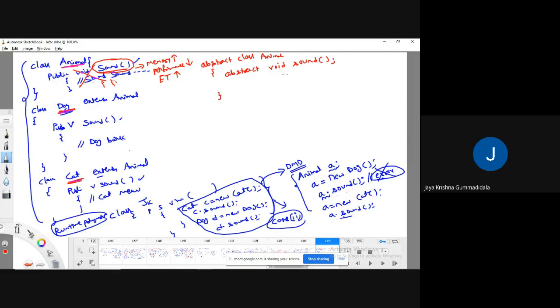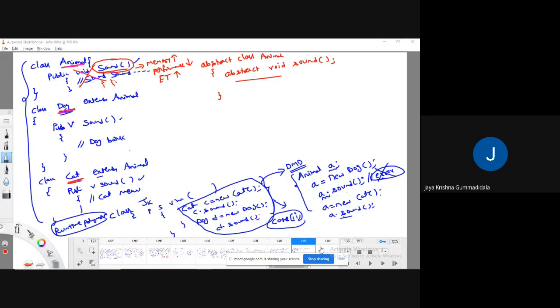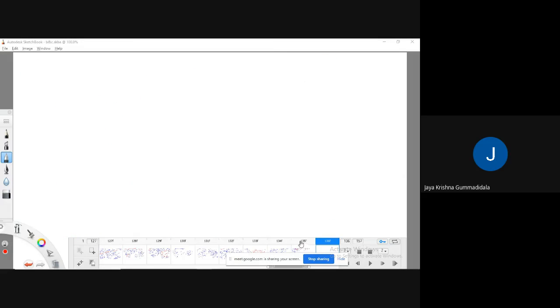Okay, so I hope you understood everything. What is the need of abstract classes? Now let's see one by one. First, what is an abstract method? Then we'll go for abstract classes. So the need of abstract classes is clear up to here: if you want to make use of common features for all the derived classes, then I will go for abstract classes. First we'll define abstract class.